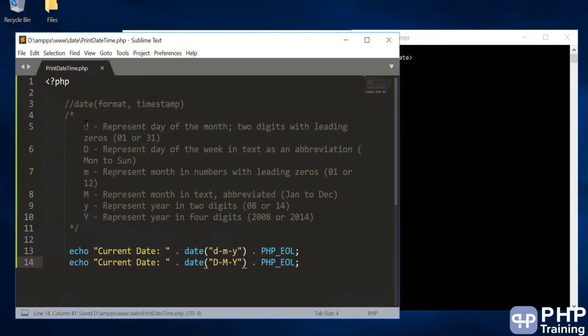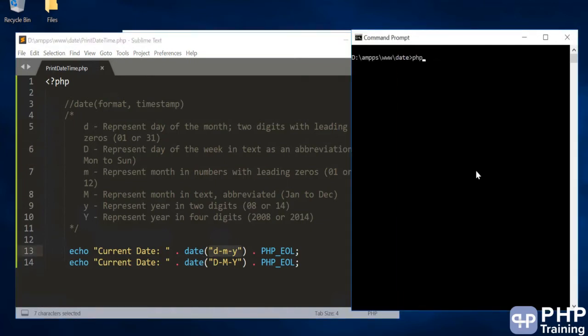The definition of D, M and Y is all here. The only thing you have to pass is the format. The small letters mostly capture the numbers. The big letters, the caps letters, mostly capture the words. For year, if you specify the big Y, it shows 4 digits. Small y will show the 2 digits.